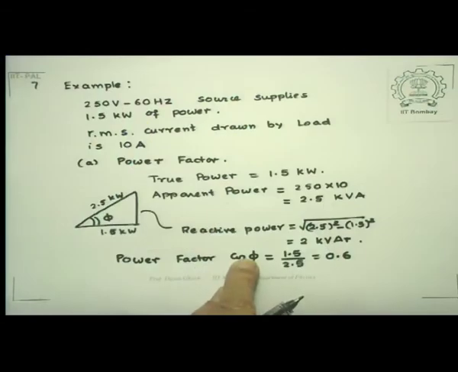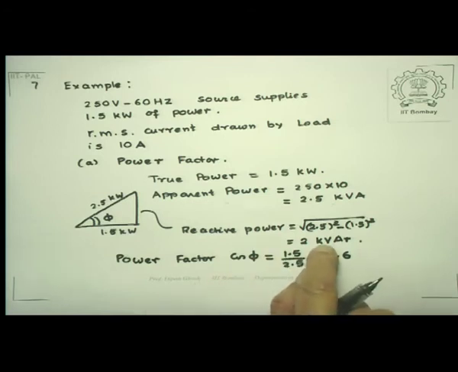Now suppose I want to compensate for this. What would I like to do? Ideally, though it may not always be possible, I would like to make this cosine phi as close to 1 as possible. What it implies is that you must compensate the